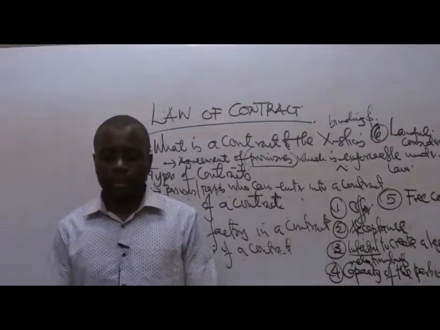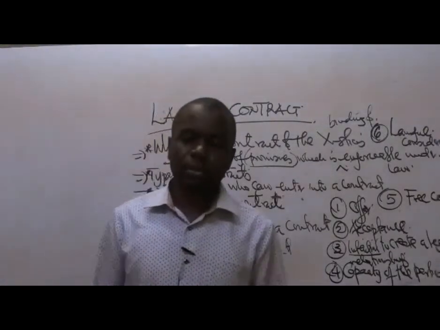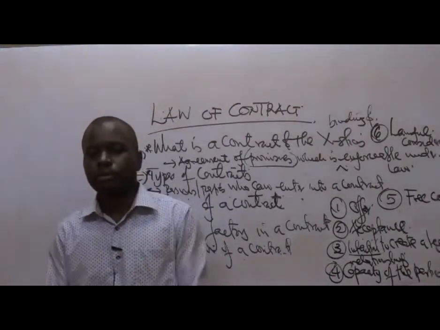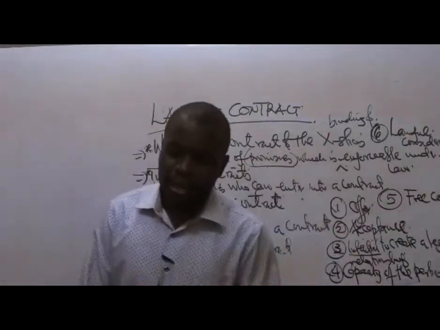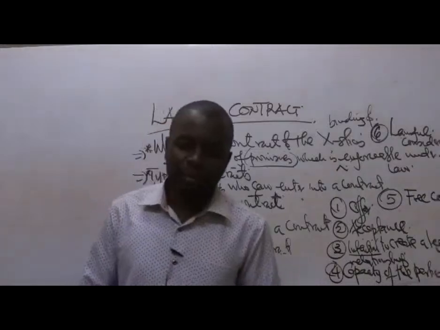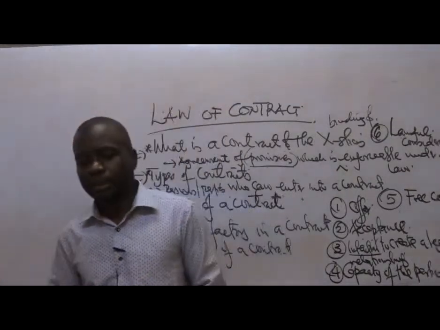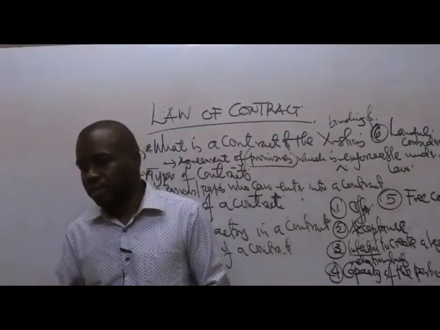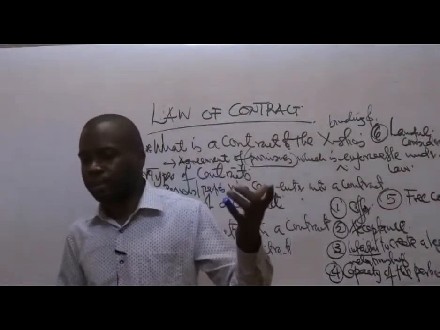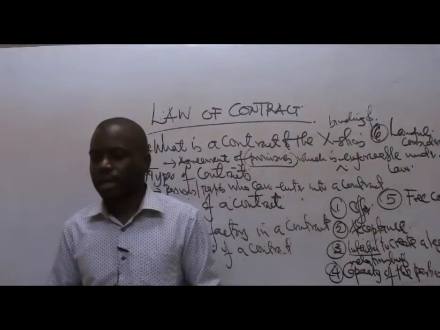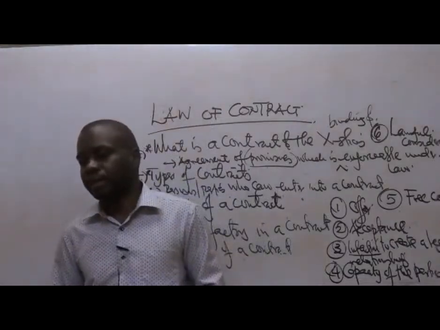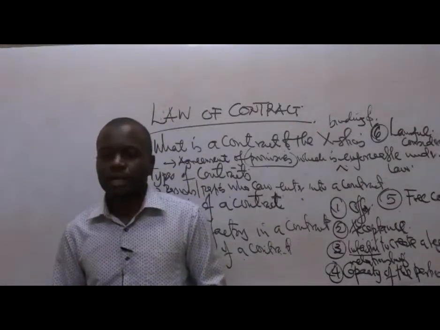So if it is a marriage contract, of course, it is normally a contract between two parties. Till death do us part. So you are going to be husband and wife. Of course, you as the wife, there's something you are looking at from the other end. So there's a consideration being brought in by the man, while also the man is looking at you as the lady as something you are also going to offer. So there's a consideration that the wife is looking at from the husband, while also the husband looks at the other end from the wife, while they are signing that contract, they have just wedded. So they look at the consideration.